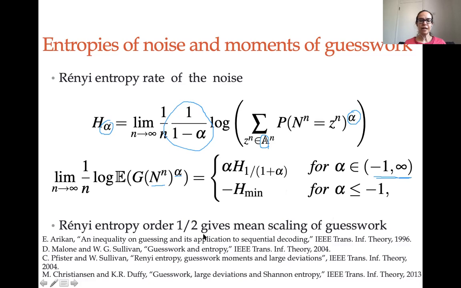Remember that in Arikan's work that I mentioned on sequential decoding, and how he had looked at how the cutoff rate came about, basically he had actually shown that when alpha is 1, which means that this would be 1 and this would be 2, that actually 1 over log of the expectation of G to the n goes to 1 over H of 1 half, the Rényi entropy of order 1 half, and that Rényi entropy in that special case, when we're looking at the expectation of the guesswork, was a really important, a really useful parameter in order to show what the behavior was